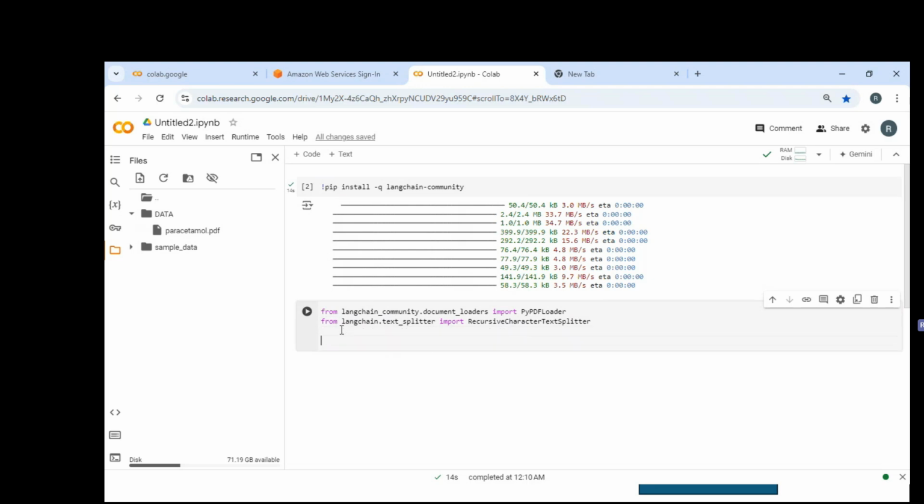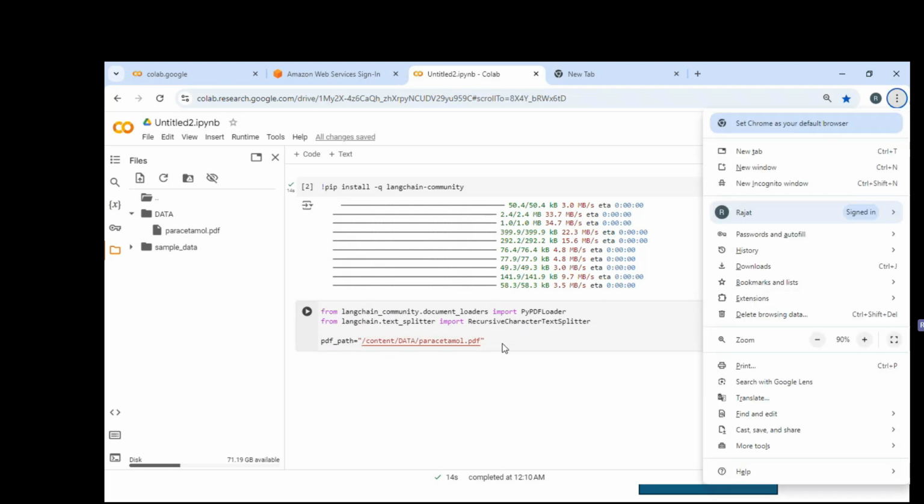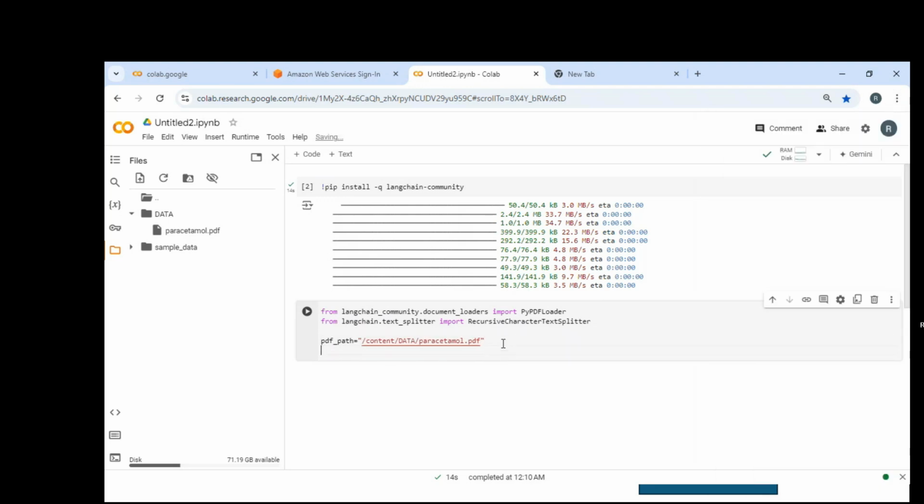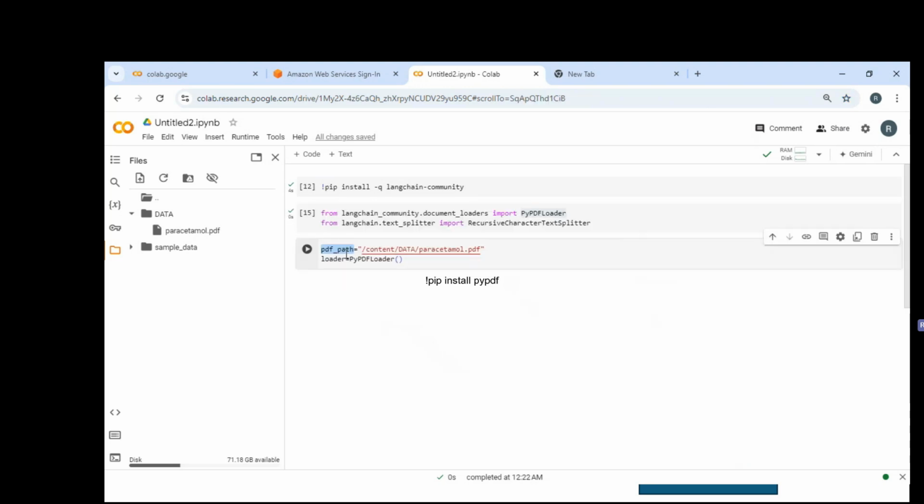Okay, the very next part, I'm going to give the path of the PDF. Since I've already downloaded it, how quickly can you do it? You can just click on these dots, copy the path, and then quickly paste it out here. I'm going to use this PDF loader. It might fail for a reason I'll tell you, but if it doesn't fail, well and good. I'm going to use loader as